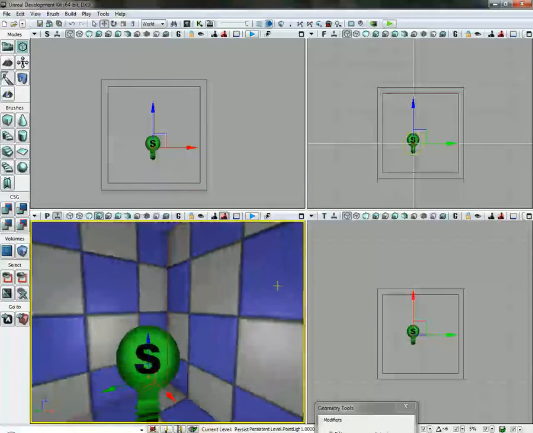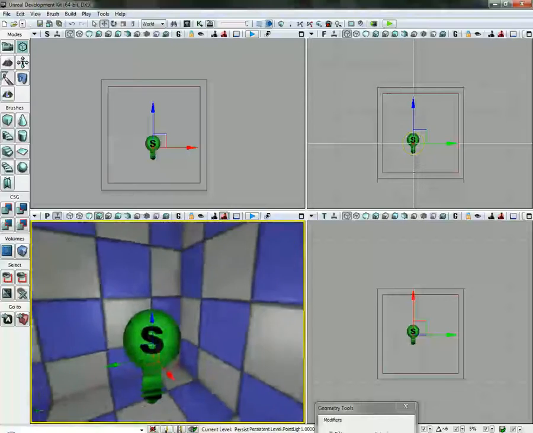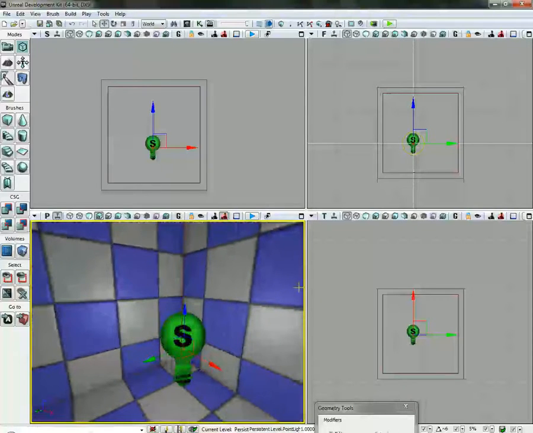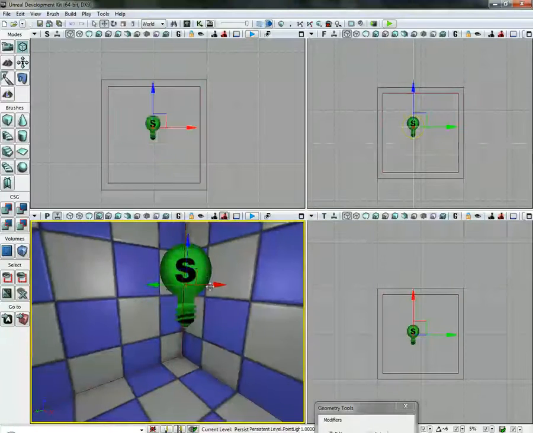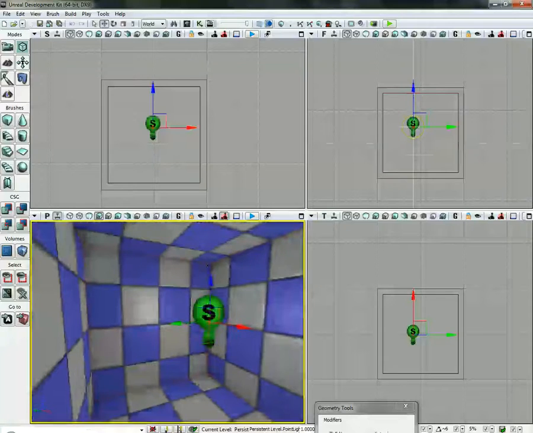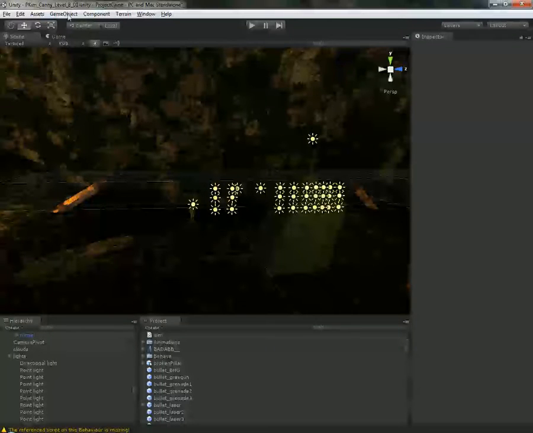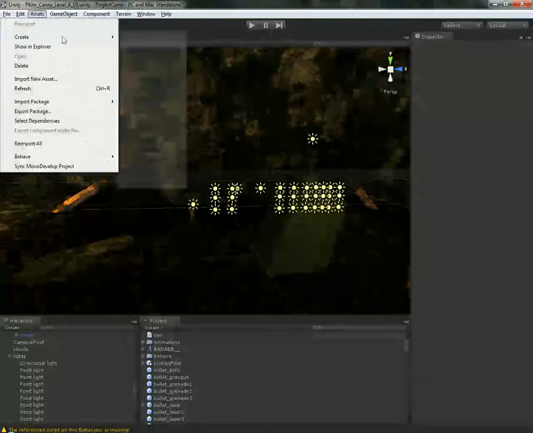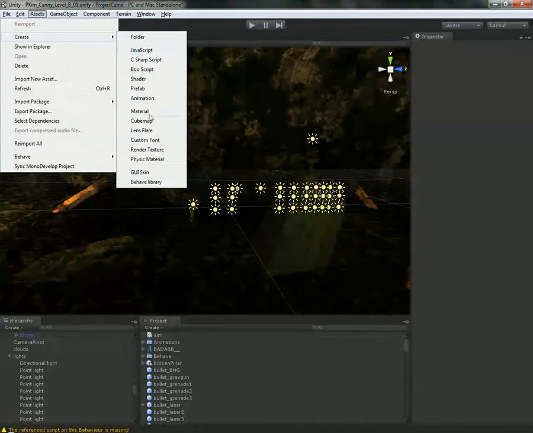Unity has a Beast built in, but it's really tricky. This to me works a lot more intuitively in UDK, so it's a matter of preference though, so you may like it either way. But here it is in Unity. You don't have anything like that, so you basically have to make primitives and just kind of stack them like Legos to make your levels, which is kind of cool, but